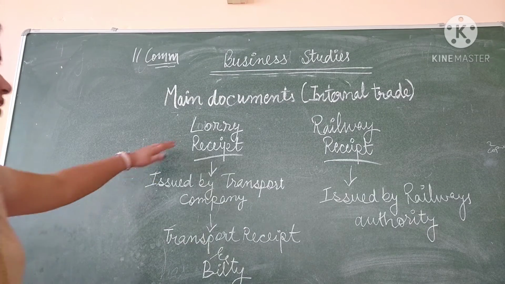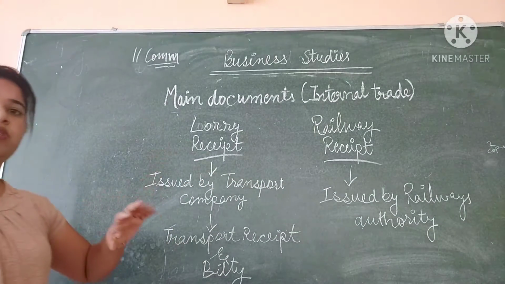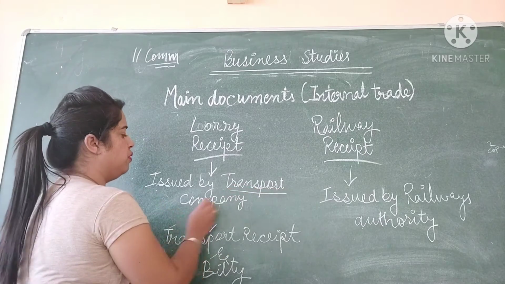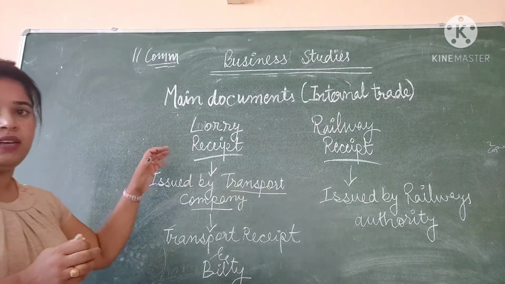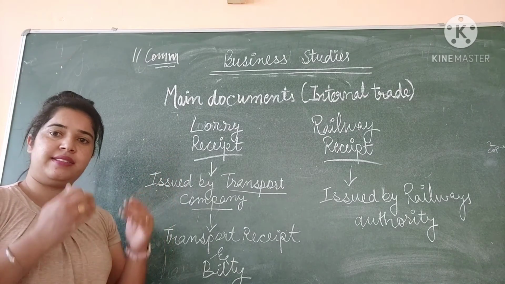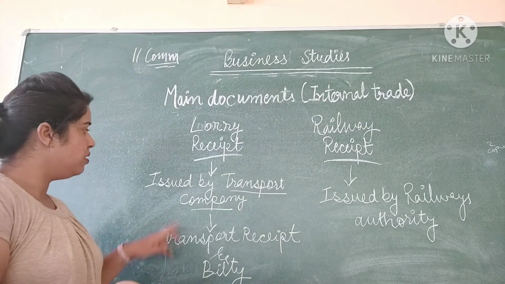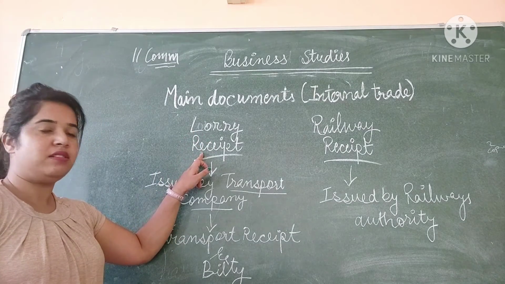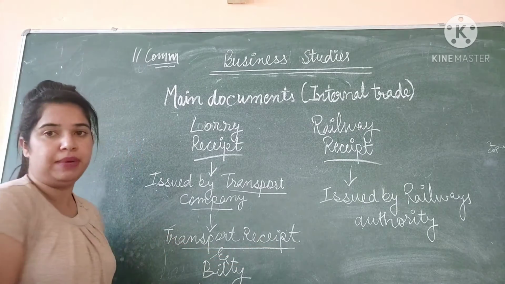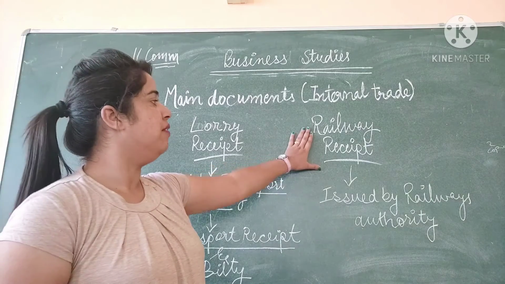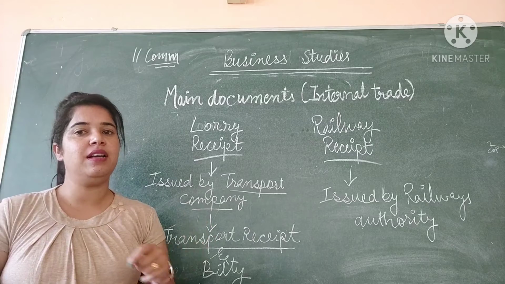Next we have lorry receipt and the railway receipt. Lorry receipt is a document which is generally issued by the transport company. Transport company issued the lorry receipt and stating that goods are accepted for sending from one place to another. And lorry receipt is also known as transport receipt and billing. Second is railway receipt. Obviously, as the name suggests, the railway receipt is issued by the railways